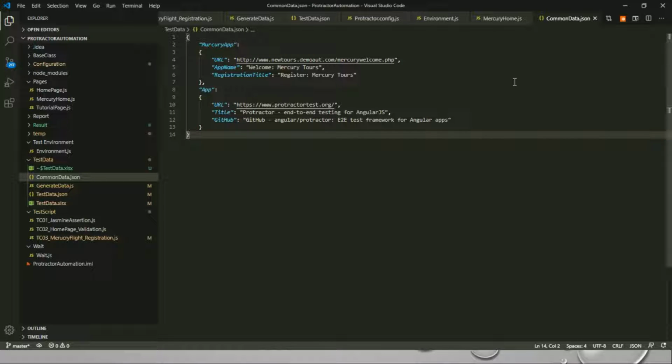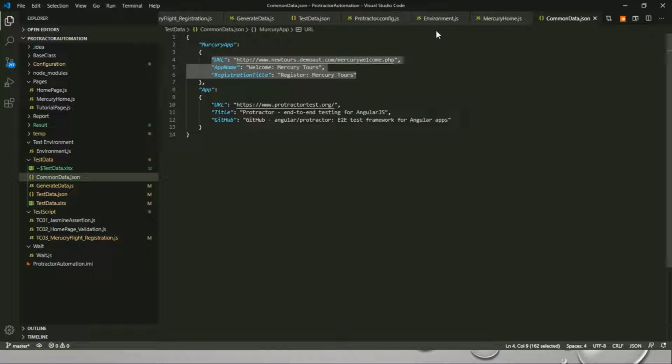So the data feeding was done from the JSON. This time the common data will remain the same, because common data is basically the same data, usually URL, app name, registrations, which will be common throughout the automation framework of this particular application. It's like a properties file, you can consider it like a Java app properties or some application configuration properties file. Whatever the data for URL, app name, registration, title, credential, password, DB, in case you are using schema details, all these details you put into common data.